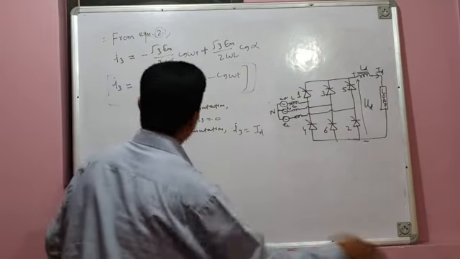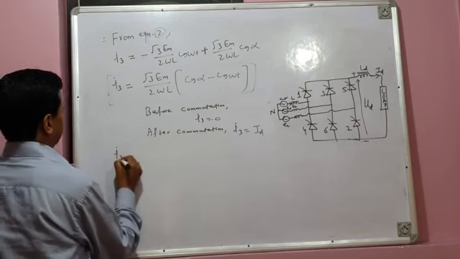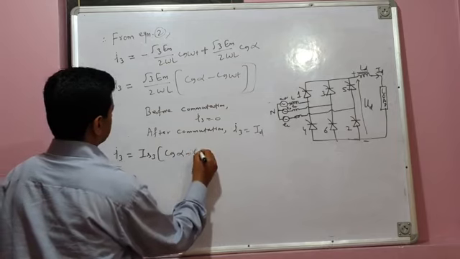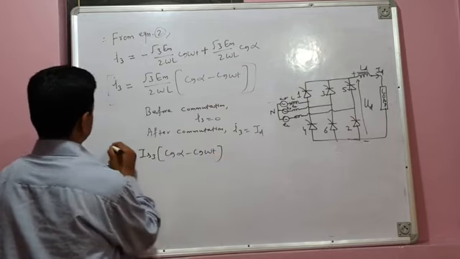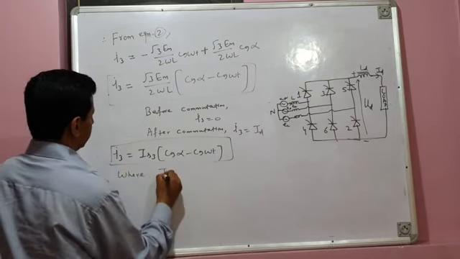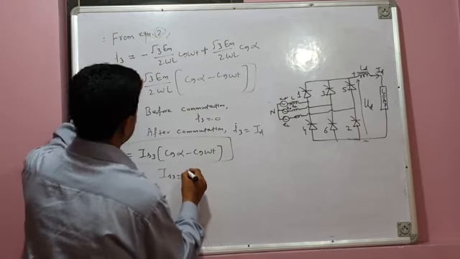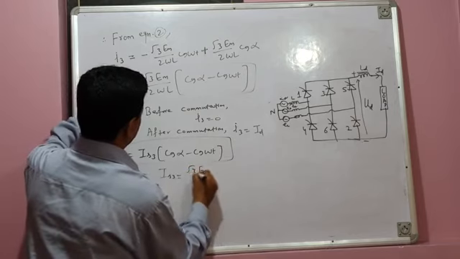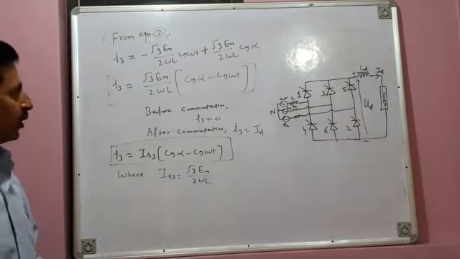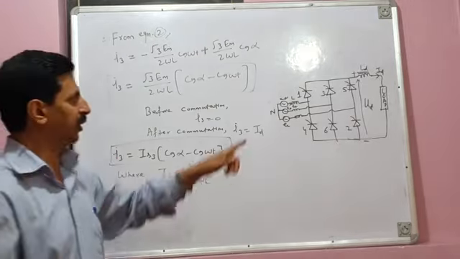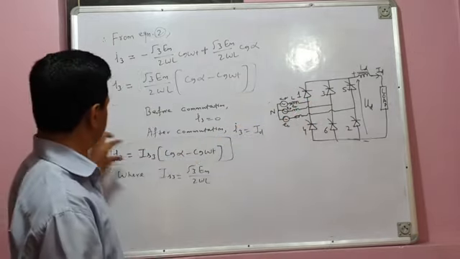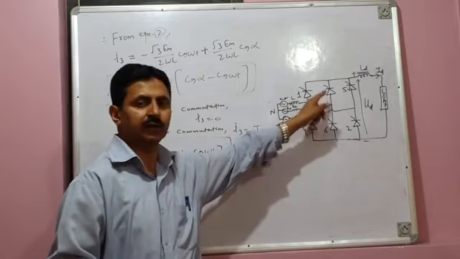So I can also write this valve current I3 as I3 is equal to IS3 times cos alpha minus cos omega t, where IS3 is a constant term. IS3 is this root 3 Em by 2 omega L. So this is my valve current I3. Therefore, I know what my valve current I3 is during commutation. Commutation is taking place between 1 and 3. During commutation, this is the mathematical expression for current through valve 3, that is I3.